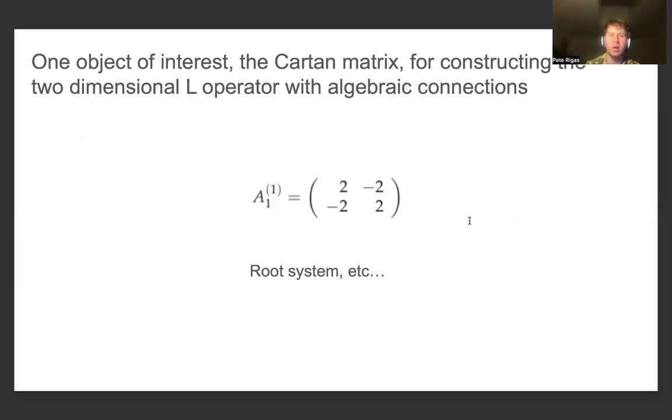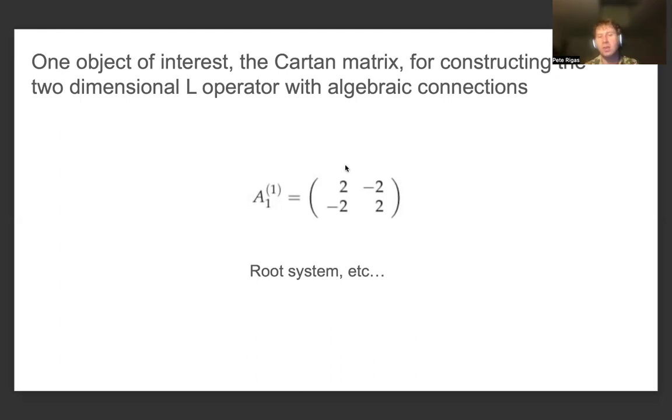And so one object of interest is that we can look at the Cartan matrix for constructing the 2-dimensional L operator. And this 2-dimensional L operator is a little bit different from the other 2-dimensional L operator that we have mentioned several times throughout the series, because it's not going to be expressed in terms of the Pauli basis, but it's helpful because it can give us an idea about how this construction for the universal R matrix, in comparison to the construction for just an R matrix itself, would be different,